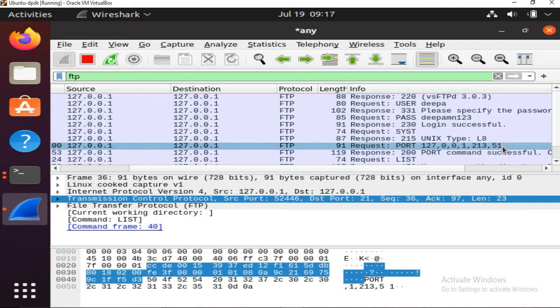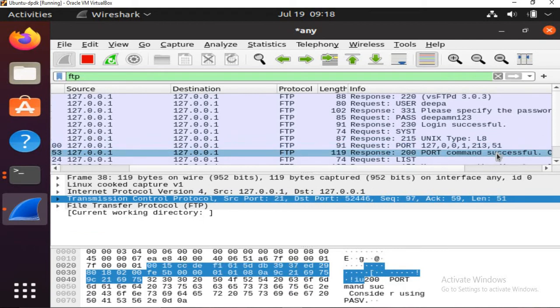This is nothing but 213 into 256 plus 51. I repeat, the port number is 213 into 256 plus 51. This is the port number to which the server has to make an active connection to the client. So the server responds, it is successful.